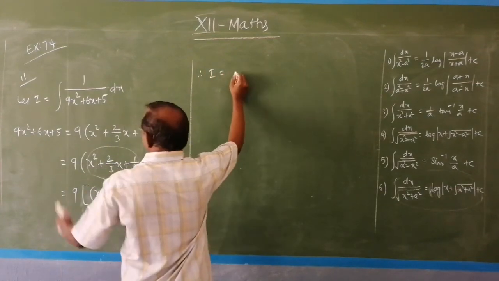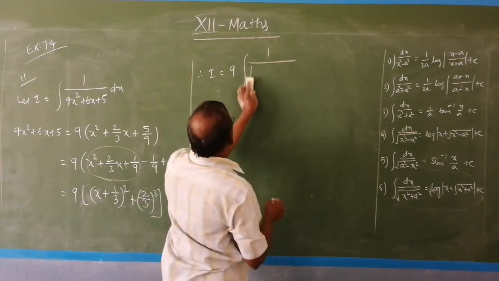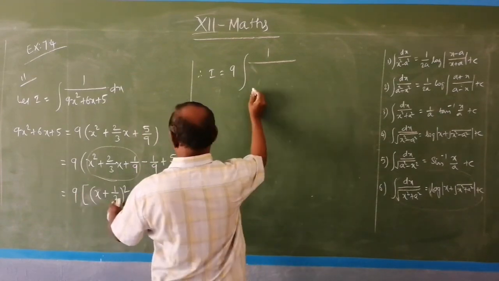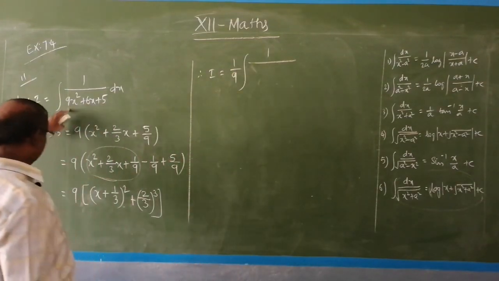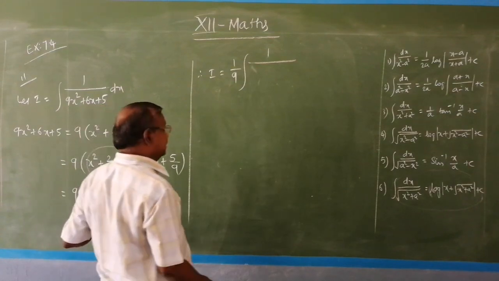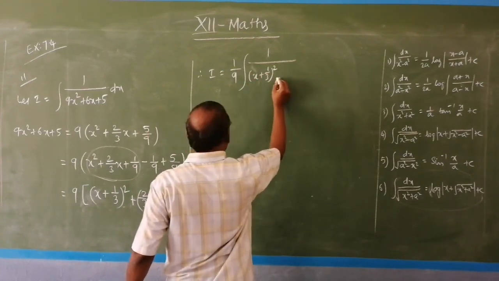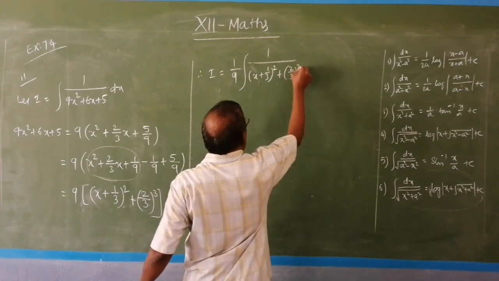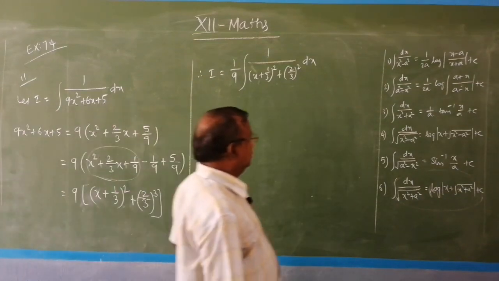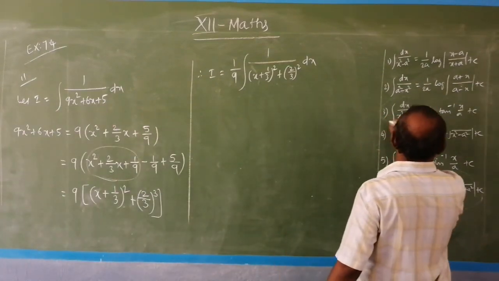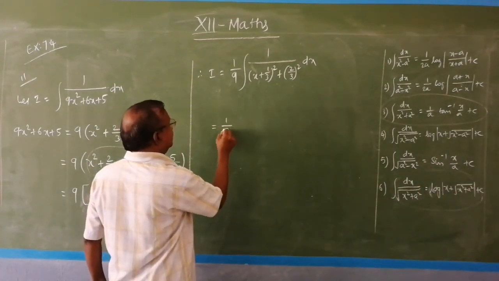Now, I equal to 9 into integral 1 by, so 1 by 9, here 9 taken out, so it is 1 by 9. So here in the denominator we have x plus 1 by 3 the whole square plus 2 by 3 the whole square into dx. It is in the formula, here x square plus a square. Look at the third formula, which is equal to 1 by 9